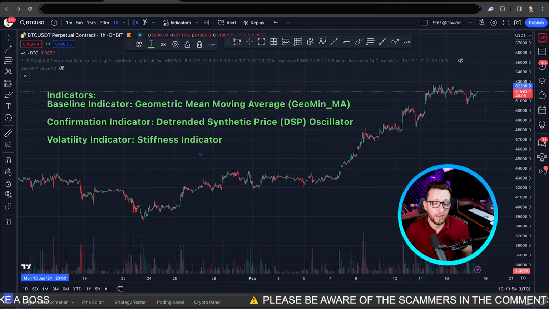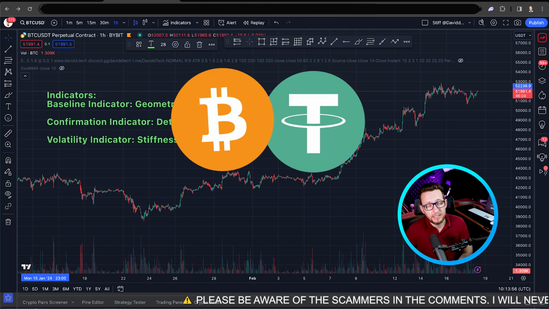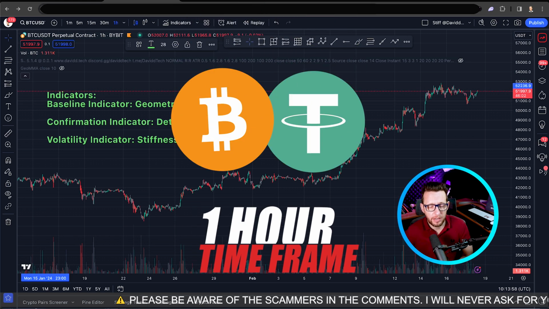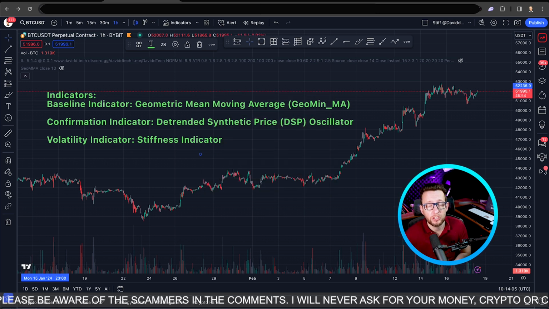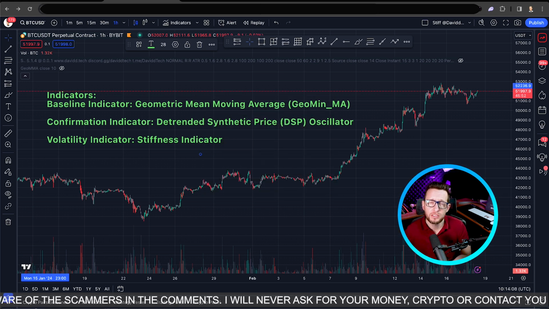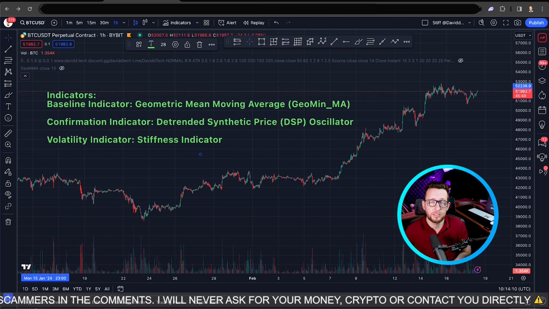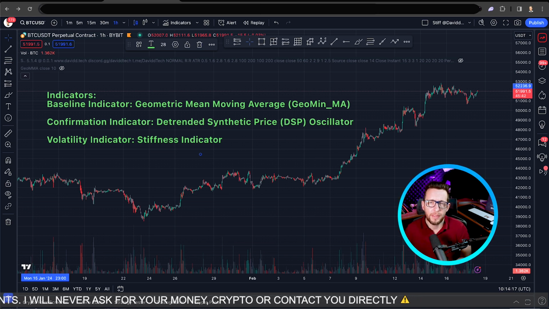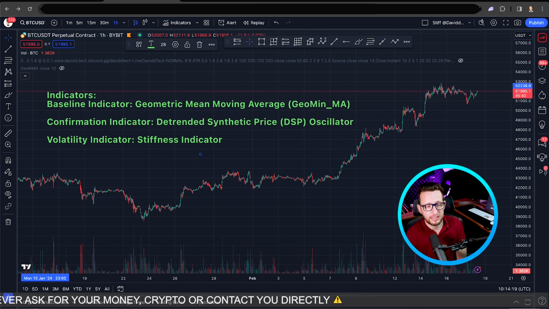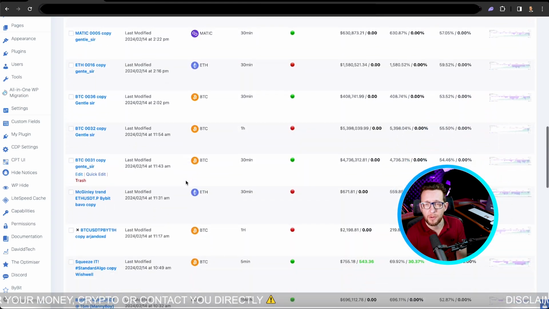Okay guys, before I go any further, I'm on BTC USDT on the 1 hour time frame. I'm on TradingView. I'll be using the backtester from TradingView to backtest these results. So I'll be using code to backtest the results to make sure that all of my backtesting data is as accurate as possible. I then will put it through a forward testing period